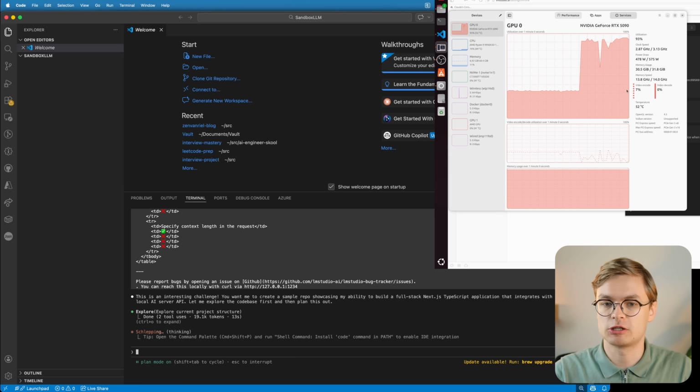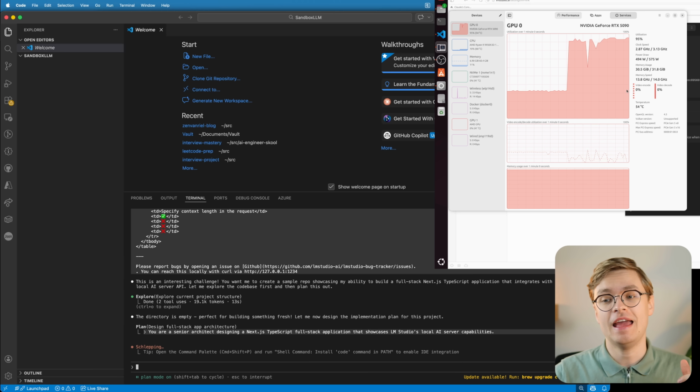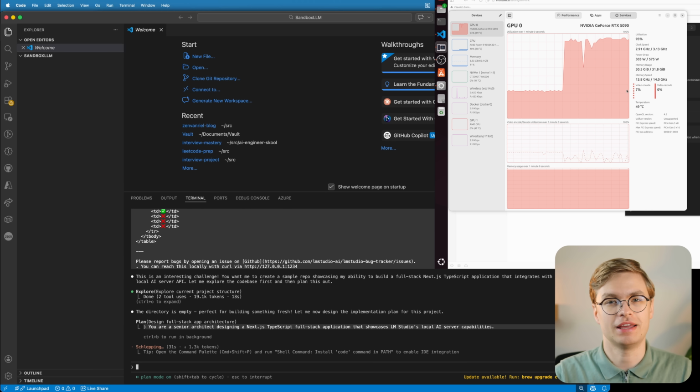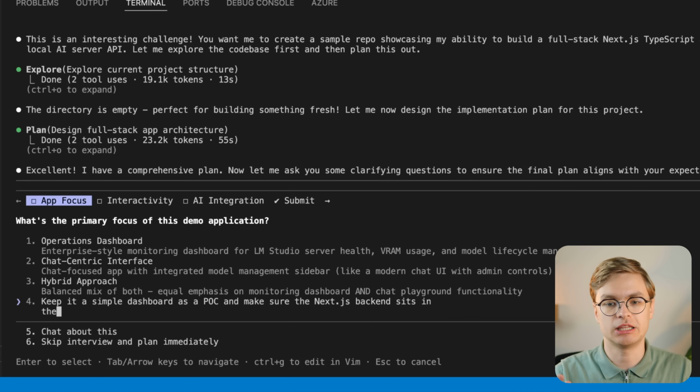So it's just going to go ahead and explore the code base, which is not too exciting because there's nothing in the code base as of yet. And then it's going to create the plan based on all of that. And now it starts to ask me questions. So this shows you that the local model, even though it's not Claude Opus, the latest and greatest, it does actually use the tool calling pretty well, because now it's asking me a couple of questions, like the primary focus